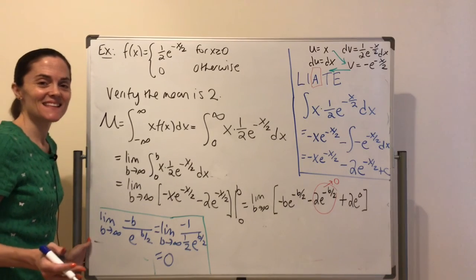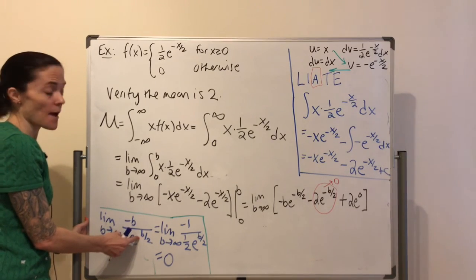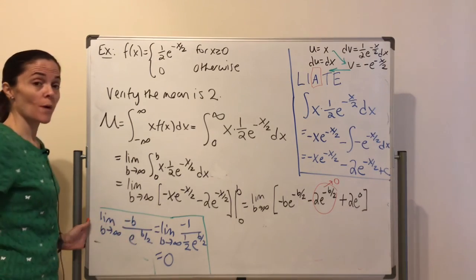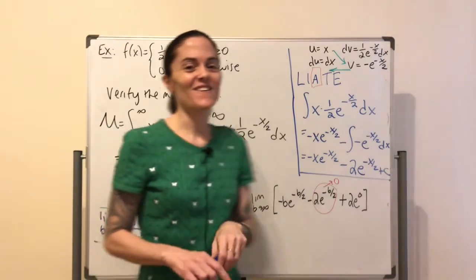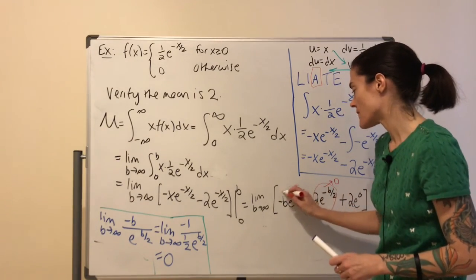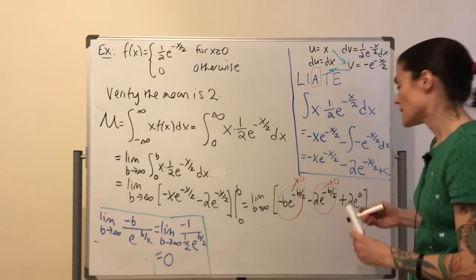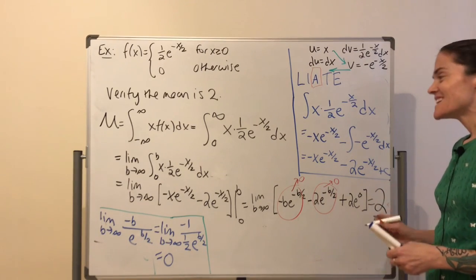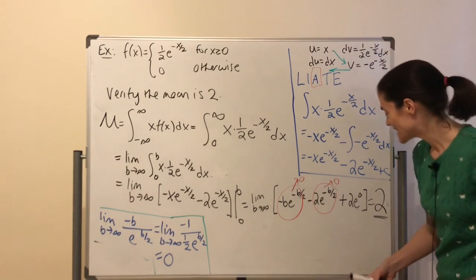Another way you could have done this, and this is something we discussed in our sequences section, is that the denominator is exponential. The numerator is polynomial. The denominator is growing significantly faster, and you could conclude that the limit is 0. But if you don't remember that, you can always do L'Hopital. So you see here, going back to this, we have calculated this goes to 0, and therefore the limit is 2 e to the 0, or 2. So we have shown here that the mean is 2, right? Okay,